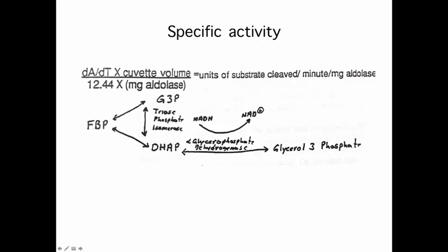Measure the DA/DT times the cuvette volume. What was the volume that you used? You had 1 ml of your specific activity assay buffer, and your specific activity assay buffer is going to consist of fructose bisphosphate, triose phosphate isomerase, NADH, alpha-glycerophosphate dehydrogenase, and you're going to be adding in this step right here. You're going to be adding in a certain amount of aldolase, which starts this reaction. And of course, there'll be a certain amount of buffer in there. So you're going to be adding 1 ml of this solution, and then you're going to be adding a certain